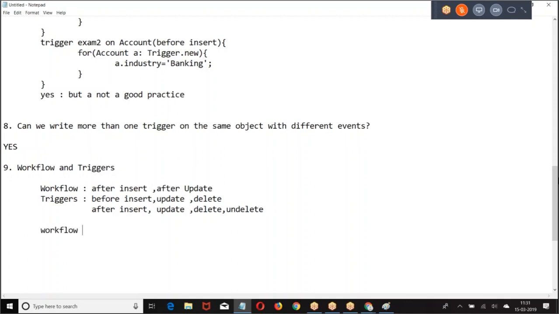A workflow can perform only an update on the record on which we are running the workflow.